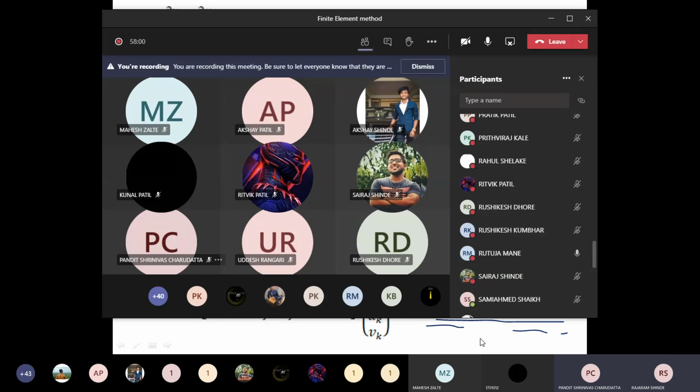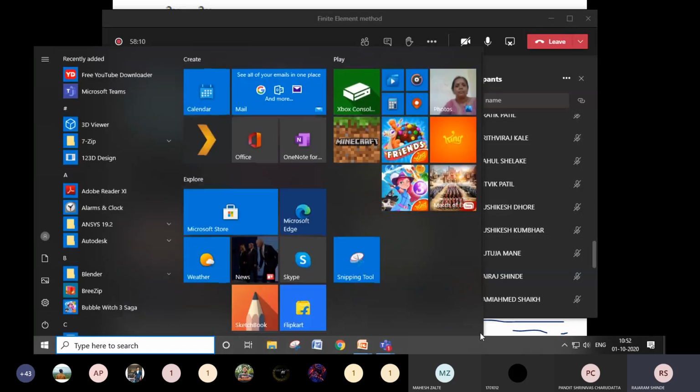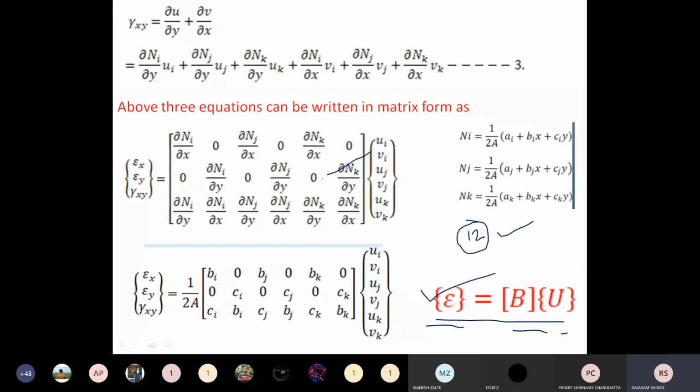I think it is not a new thing. Already you have it. That's why I took IAC yesterday, because it is part of that IAC, and these things we have to use in structural analysis. Now, this is about the strain terms, and you have to remember this. This is the strain matrix: epsilon is equal to B into U.